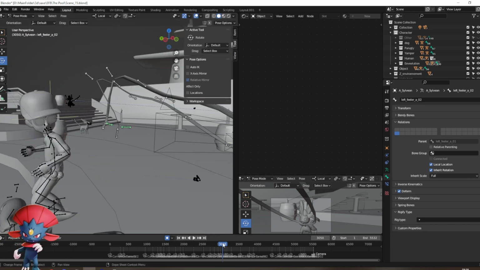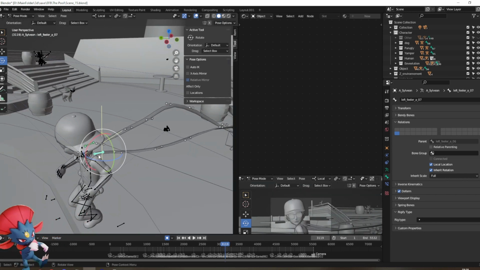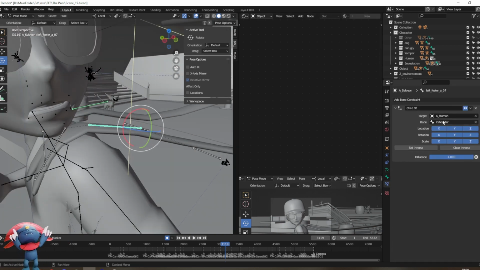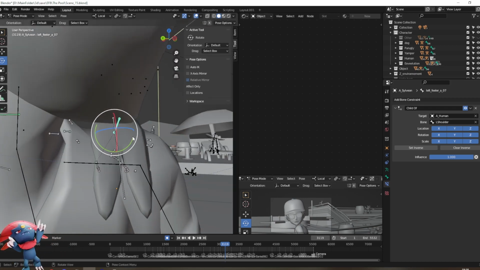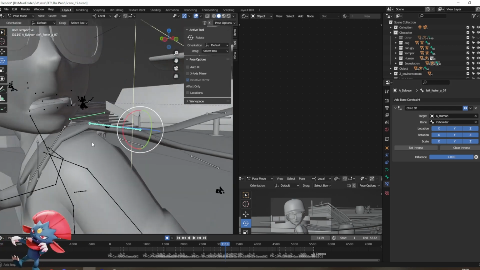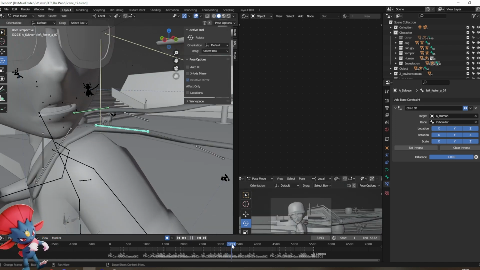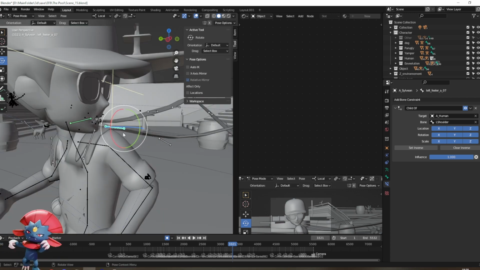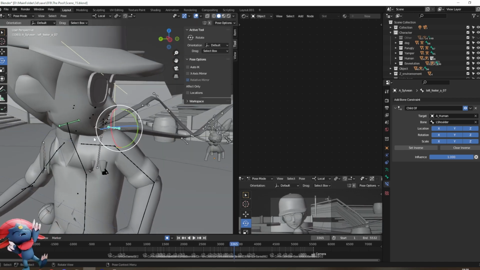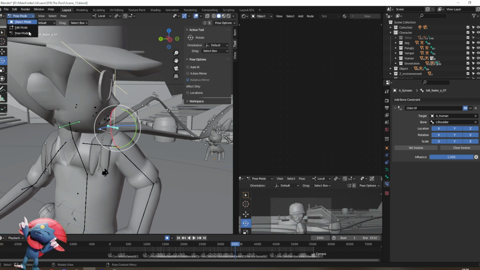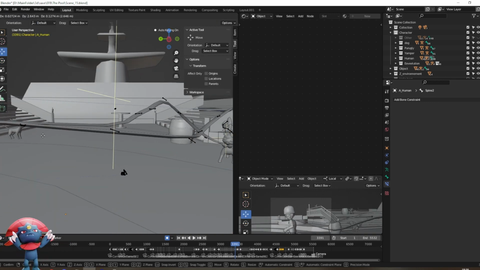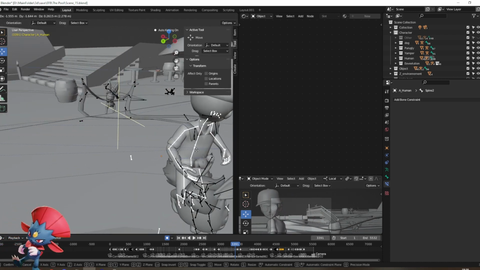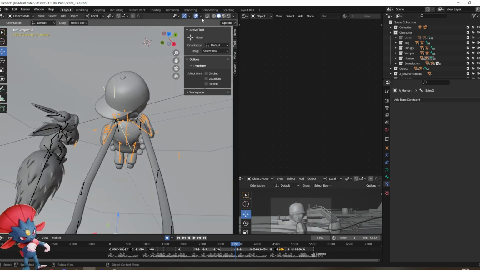And here, near the end, I have put an object bone constraint to try to follow the shoulder of the trainer. So when the trainer moves his body, the two bones here try to stay near the shoulder. For example, if I do this, you can see it tries its best to stay on the shoulder.